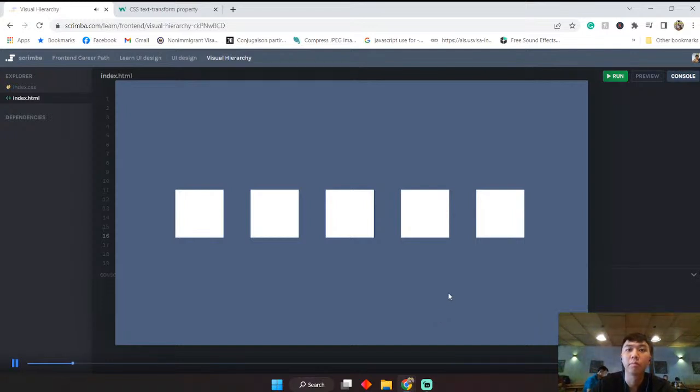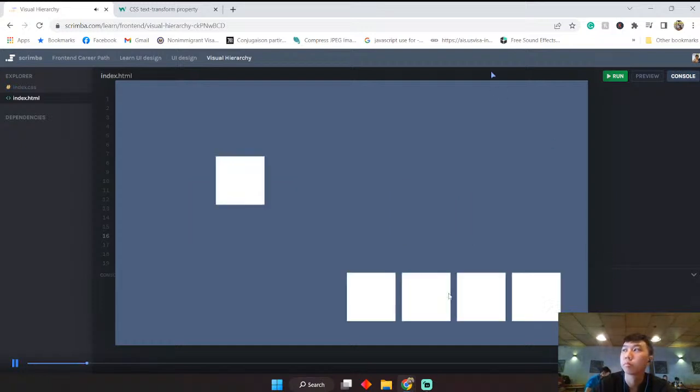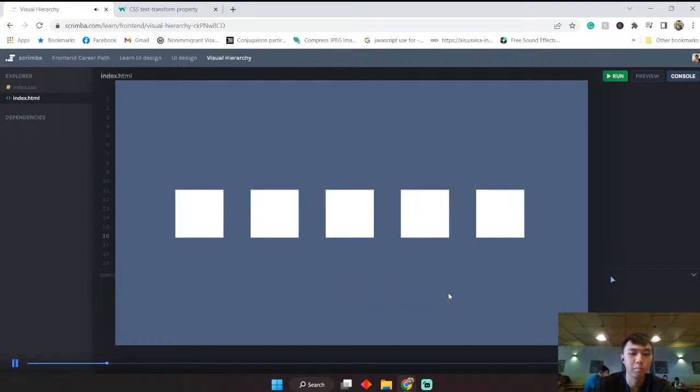We can see there's no sense of visual hierarchy between these 5 different squares. They're all styled exactly the same, so they have equal importance. So if we take a look at the next slide, we can see now the eye is naturally gravitating towards this square as opposed to the other ones. So we've established some form of visual hierarchy through white space and alignment. Now going back to our original example,